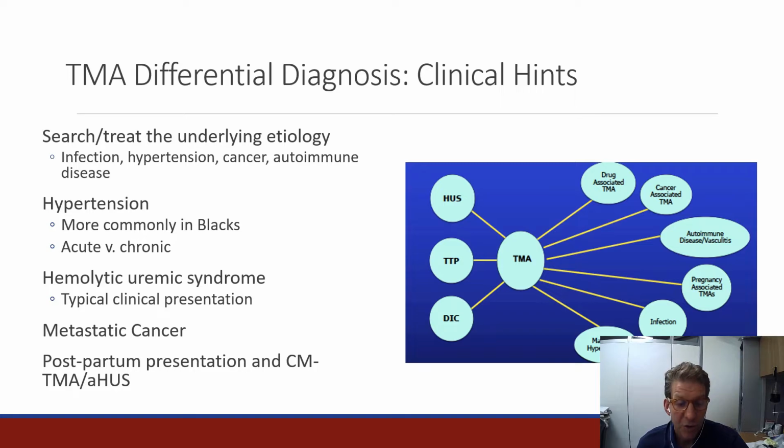In contrast, a patient who may or may not show up with malignant hypertension at the time, but has a history of hypertension, may have chronic renal injury. So controlling the blood pressure may improve the platelet count and may improve the LDH. It's not likely to help the kidney dysfunction, given the chronic injury is present.